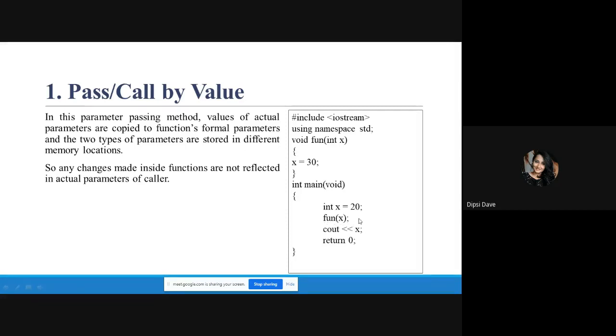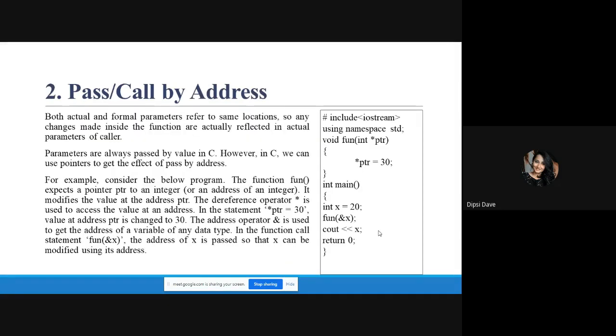We are not returning anything, and we have not taken address into consideration. So when you come back into the main function, the value of x will still remain 20 because it is pass or call by value, and the two x addresses are different. So when you print the value of x in this line, it will give you 20 because this is call by value.